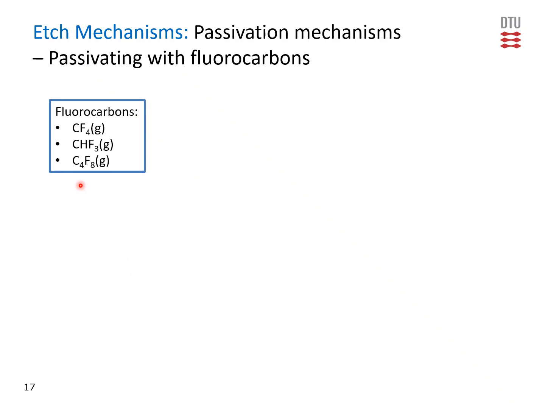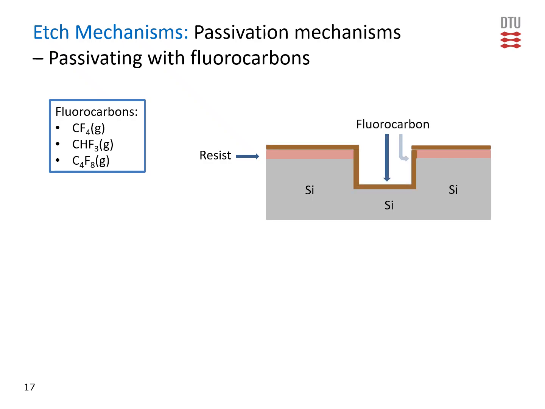We can use these fluorocarbon gases here, which contain both carbon and fluorine. And with these gases, we can create a fluorocarbon polymer layer that will cover the whole surface, both the masking material and the silicon. And then when we bombard the surface, we will again remove the layers on the horizontal planes to open up to the silicon so we can keep etching. But this layer also protects the mask, so during the bombardment it will only remove the fluorocarbon layer, or maybe a little bit more.